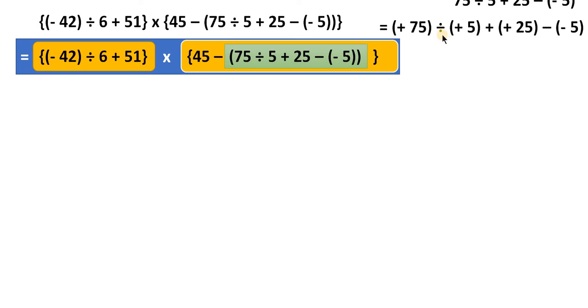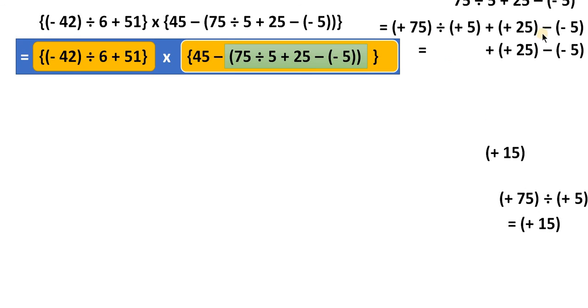Now these operators are division, addition and subtraction. Others are signs. So now we will do the division first because it is a simple type 2 expression. So we will do the division operator first, which is two whole numbers divided because both are positive. So 5 15s are 75, therefore this is 15. So this one is replaced with 15. The rest of the two terms are carried forward as it is. The next one, if you see, there is a subtraction operation. This is operator. So the simple type 1 expression is there. This operator subtraction needs to be done.